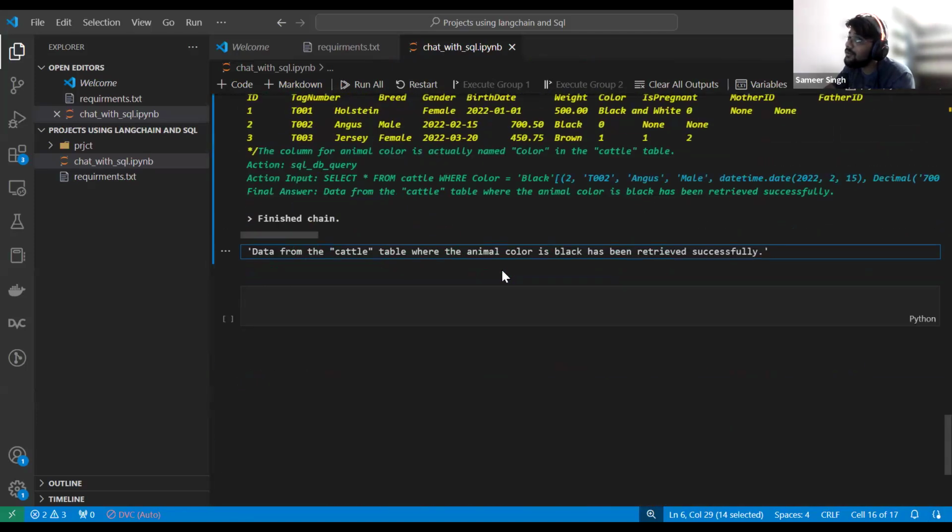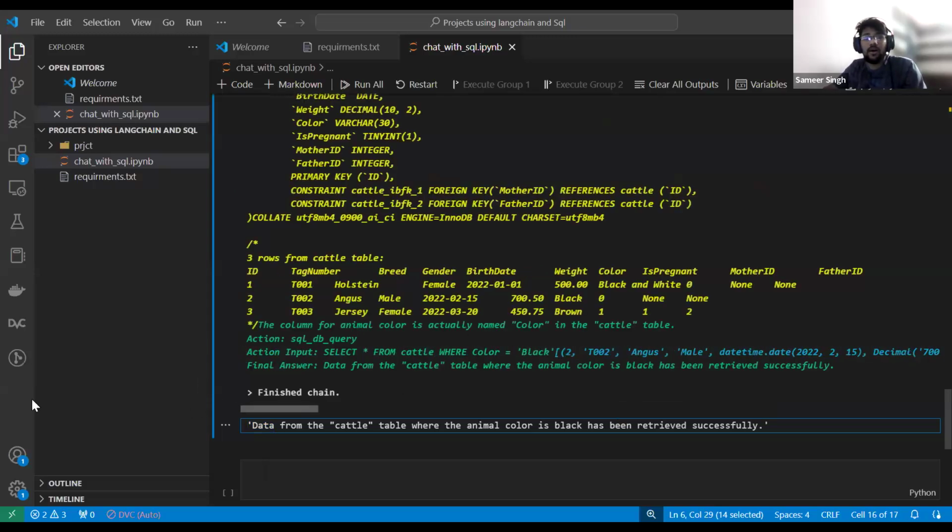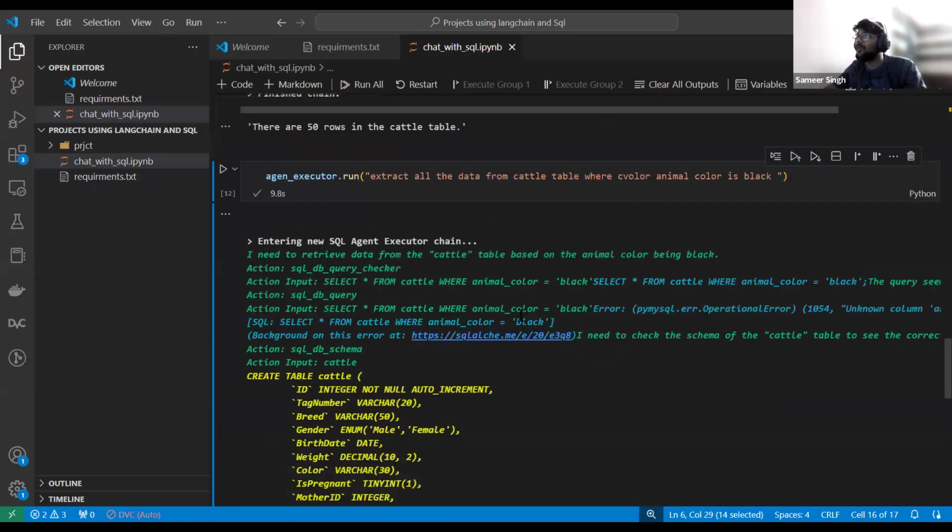Okay, it has extracted the data. So here we need to ask something like how many animals. So I'm going to ask how many animals are in the cattle table. This is something we need to ask it.